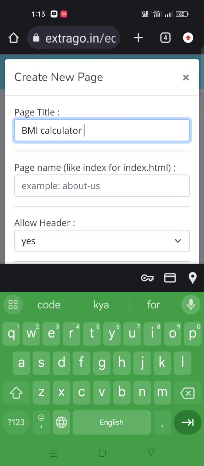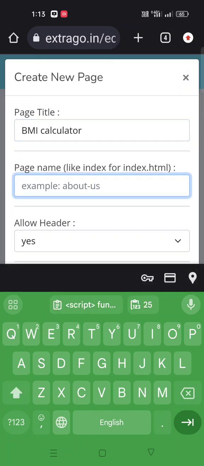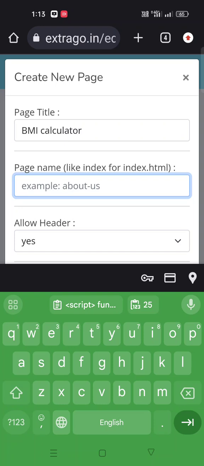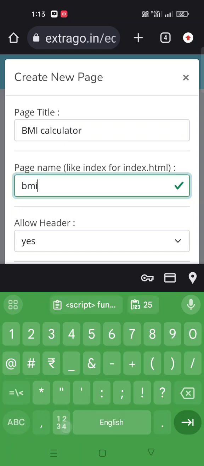BMI calculator. The page name should be in small letters, BMI, without space.